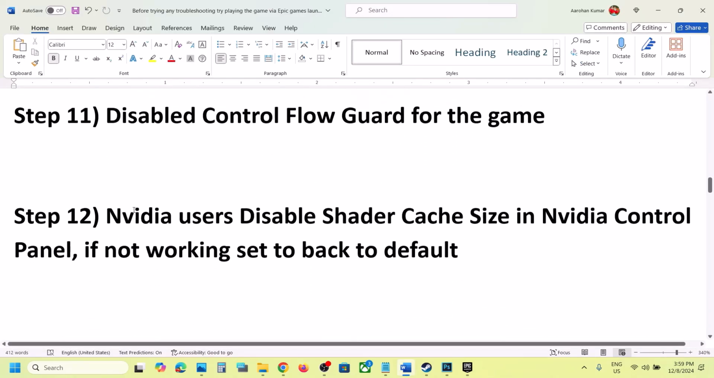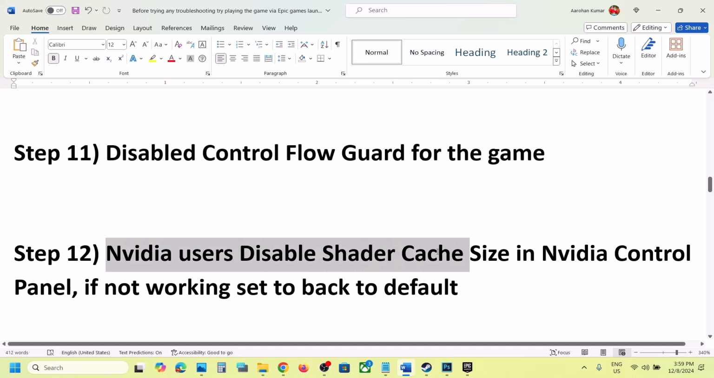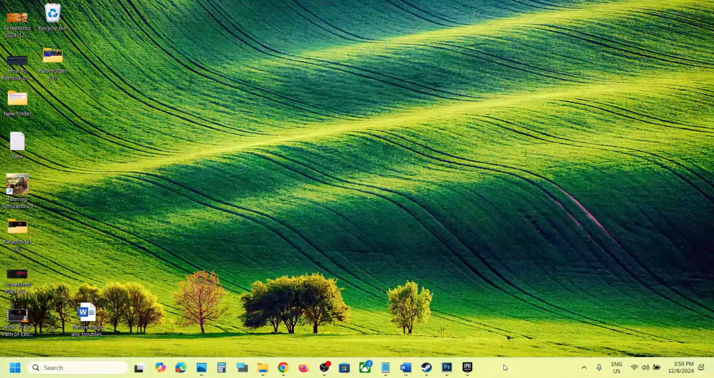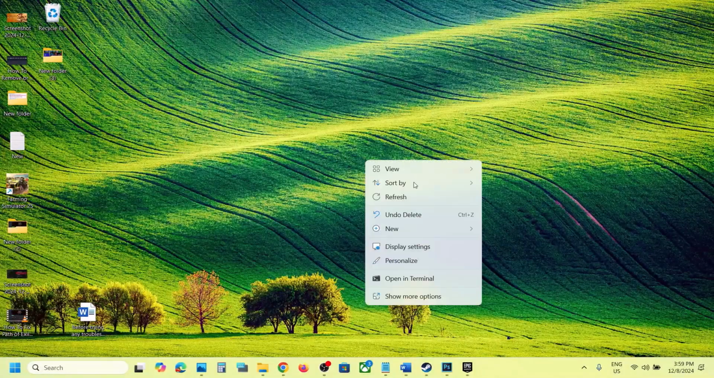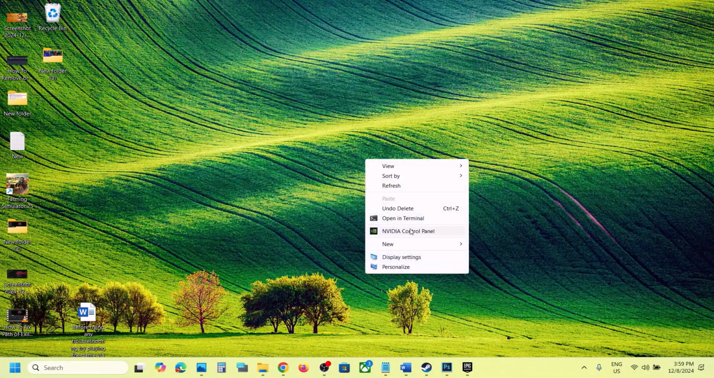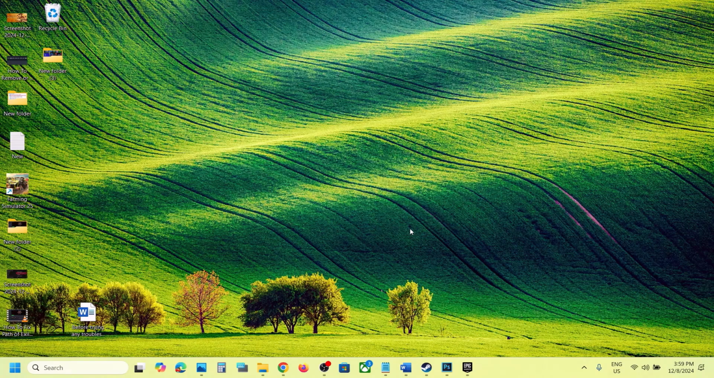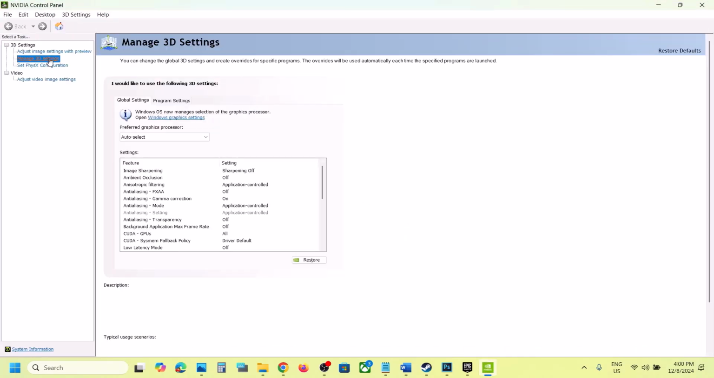Next step, now this is for NVIDIA users, disable shader cache size in NVIDIA control panel. So open NVIDIA control panel. For this, go to the desktop, make a right click on the desktop, show more options, and then click on NVIDIA control panel. Now once NVIDIA control panel is open, go to manage 3D settings, and then go to global settings, and over here